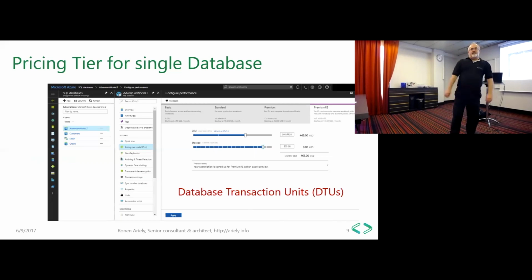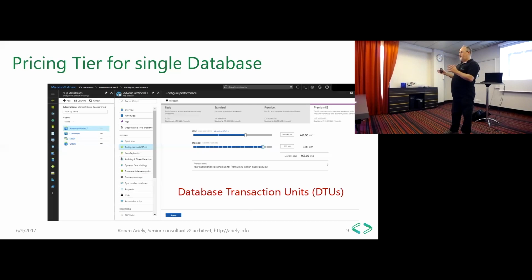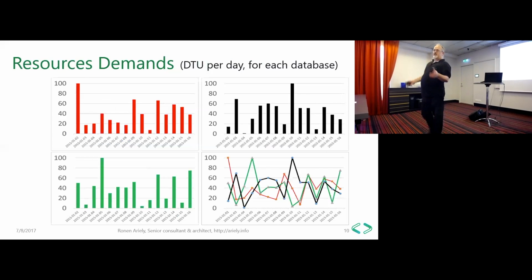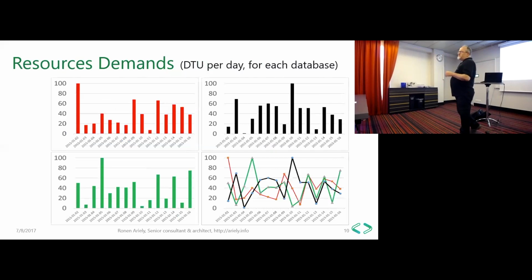Once we decided on the pricing model, we start to allocate dedicated resources for each database. And this is a very big advantage because we don't have any dependency on the activity in other databases. So if one database has a problem, we don't care because we manage dedicated resources for each database separately. For example, we can see those graphs illustrate 3 databases which are managed separately, and they have pretty much random activity.